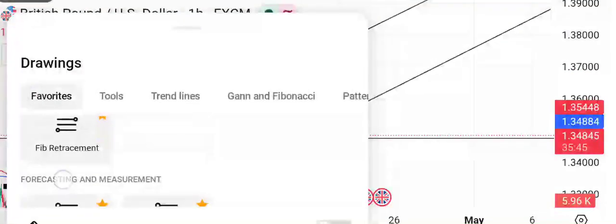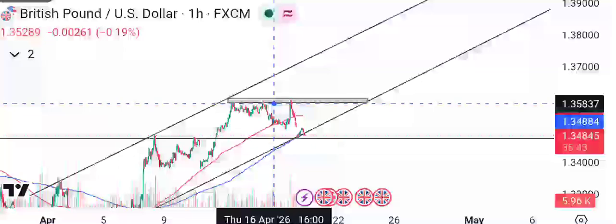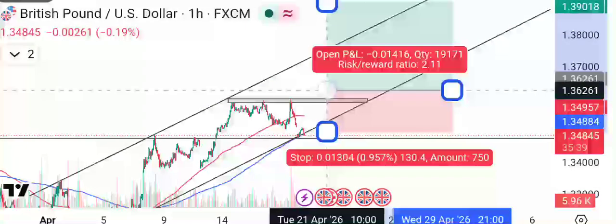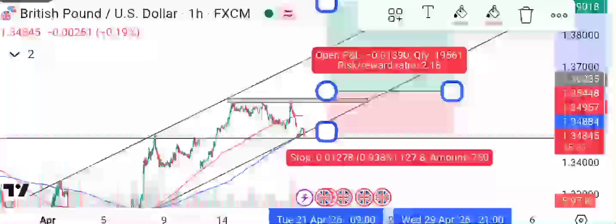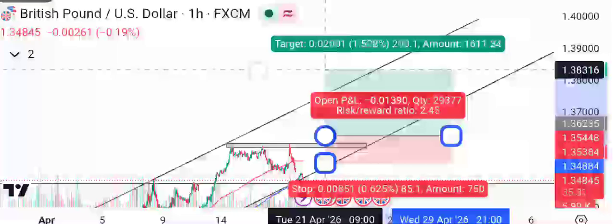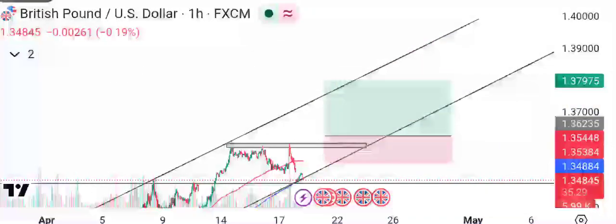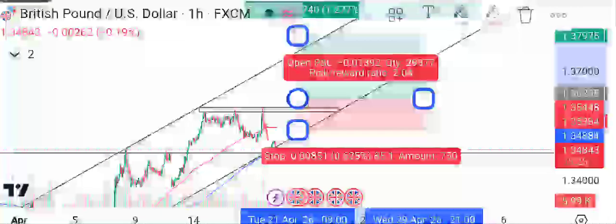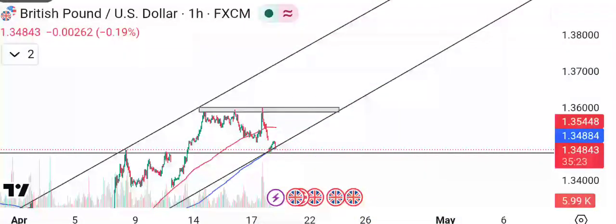Let's say price gets to the resistance and it takes it out. Okay, price is able to take out this resistance, let's say this, and my stop loss will be anywhere around there. Then I will trade back up. That is if price should take out the resistance. So that's the plan. So if price takes out this resistance, I will go long.